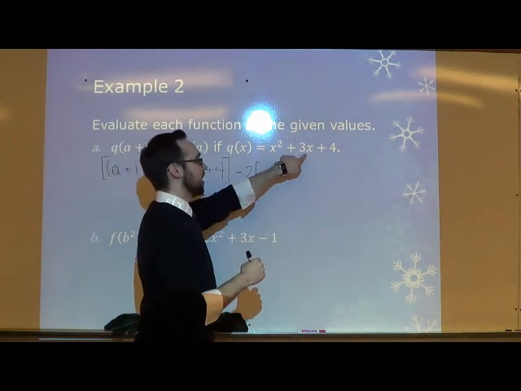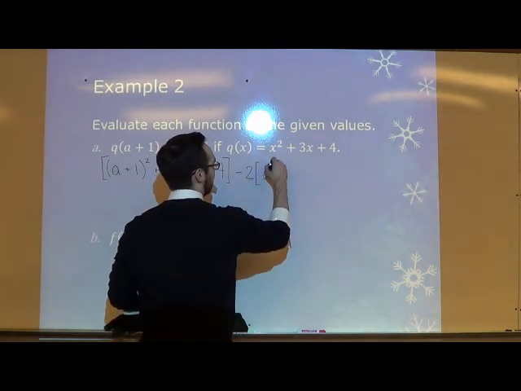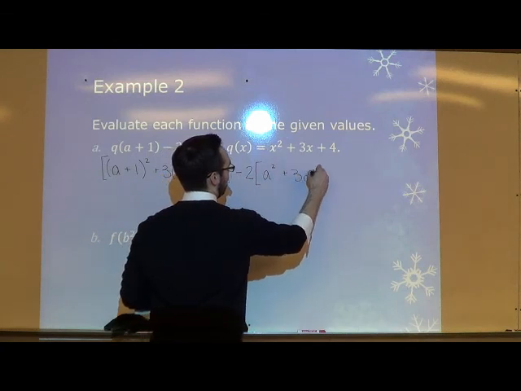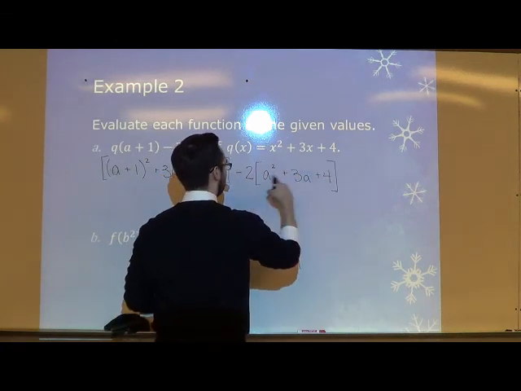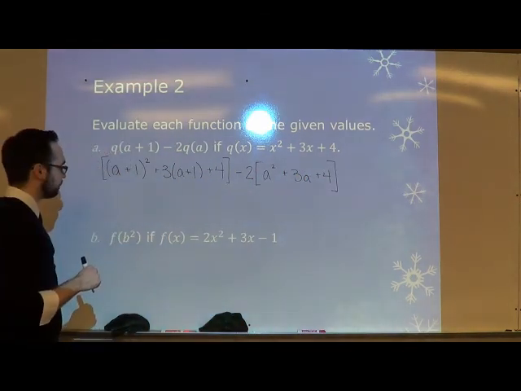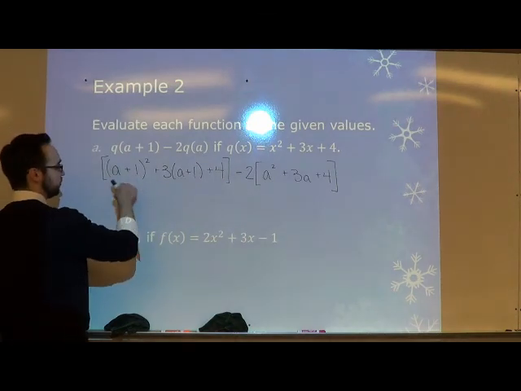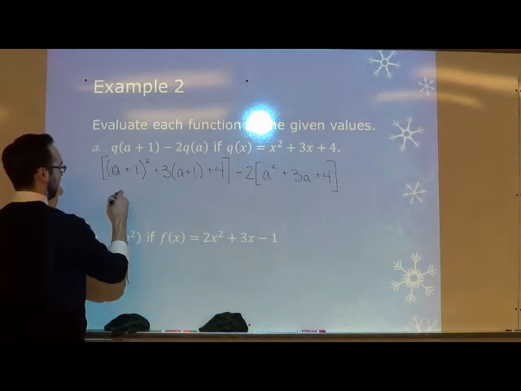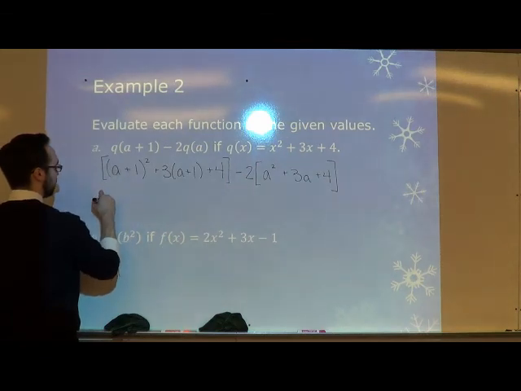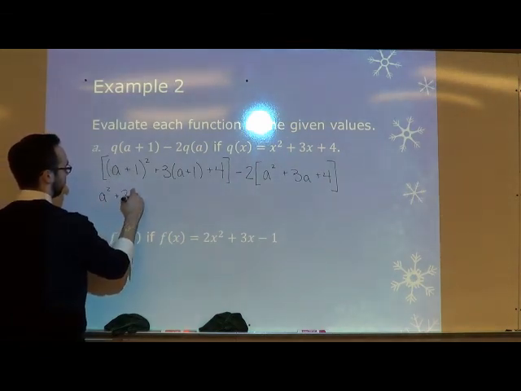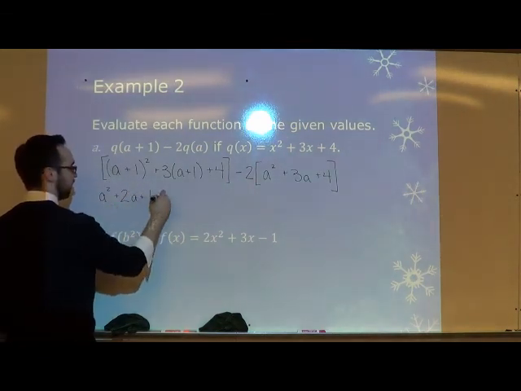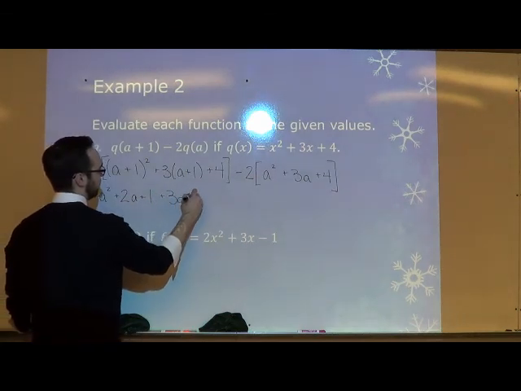So now everywhere there's an x, I'm just going to replace it with an a. A squared plus 3a plus 4. And it's negative 2 times that whole thing. So here we're going to multiply this out so we can simplify. So we FOIL this, so we end up with a squared plus 2a plus 1 plus 3a plus 3,